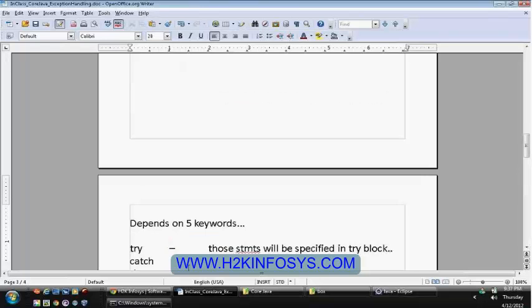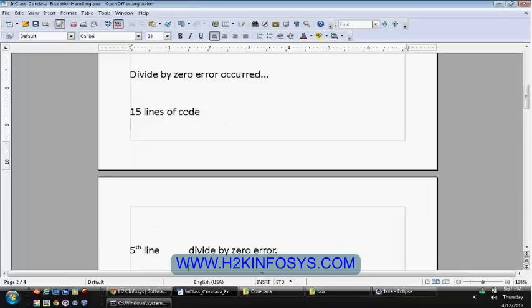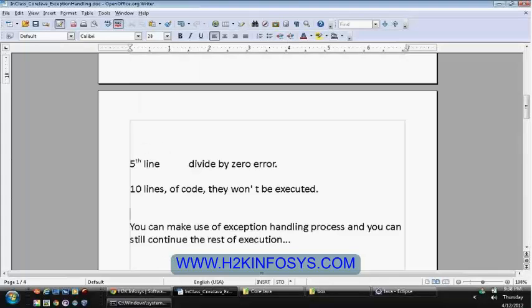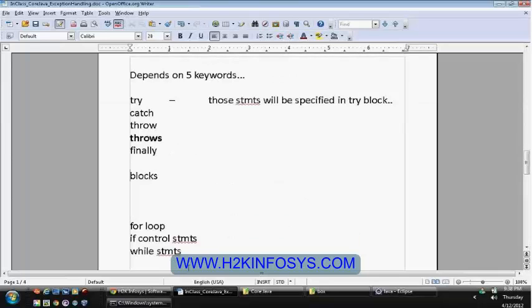In our case, this particular statement will throw an exception. It might or might not, based on the data that was passed by the client. So this statement is the crucial one which might throw an exception, and these kinds of statements will be placed in the try block.